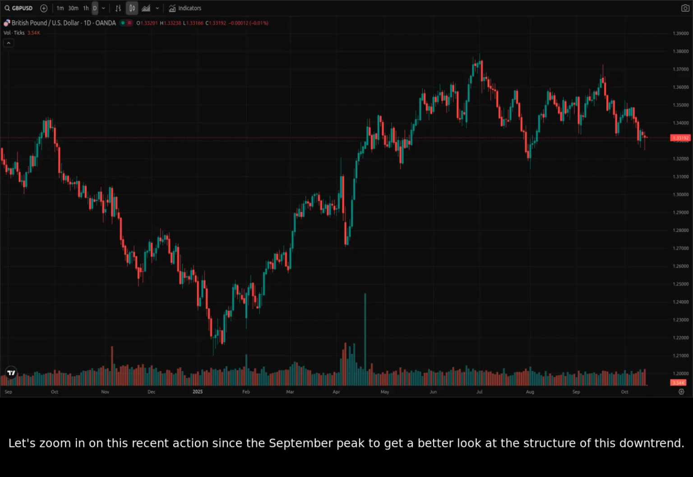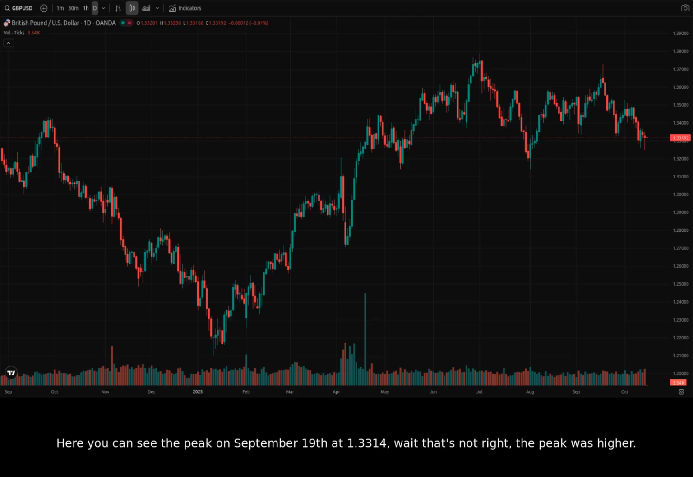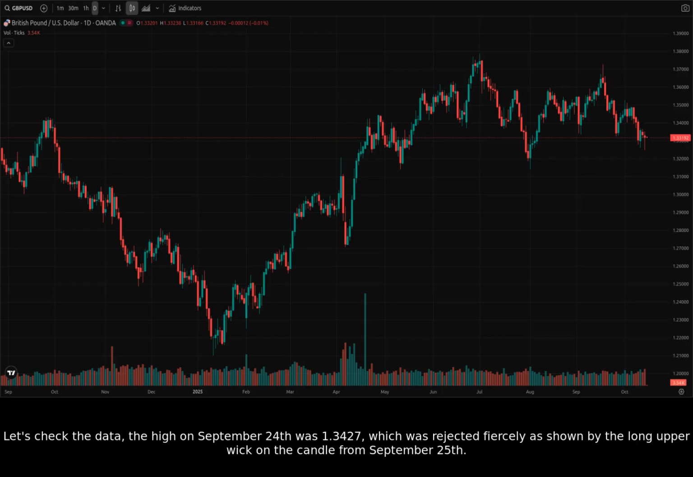Let's zoom in on this recent action since the September peak to get a better look at the structure of this downtrend. Here you can see the peak on September 19th at 1.3314. Wait, that's not right. The peak was higher. Let's check the data. The high on September 24th was 1.3427, which was rejected fiercely as shown by the long